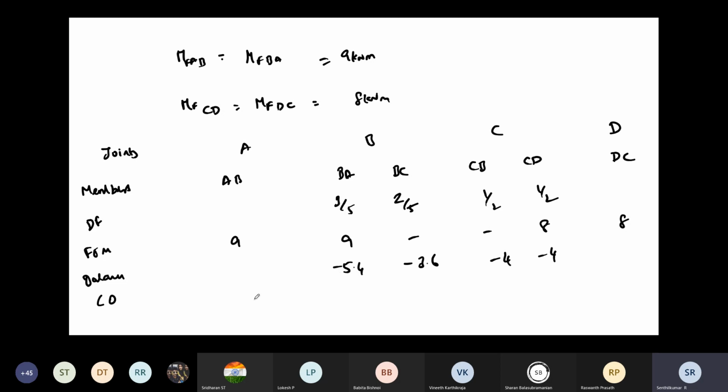So 5.4 will be carried over to minus 2.7. Here BC will carry over to CB minus 1.8. CB will carry over to BC minus 2. The CD will carry over to DC minus 2. So what you have to do is carry over again. It's still huge, so do balancing again and do carry over again. So finally what you will get is,